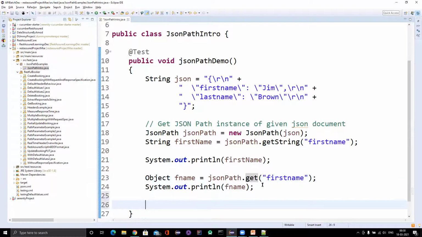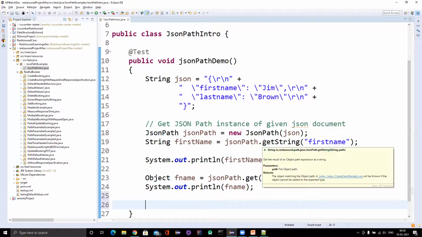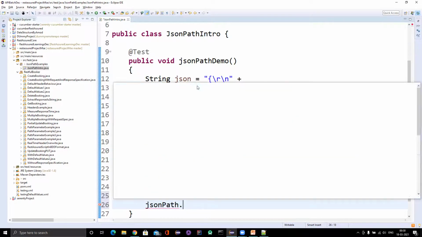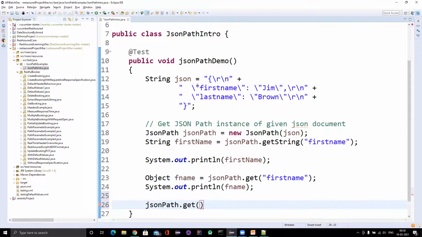Okay, so first let's see when we'll get the class cast exception. Suppose I use JSON path dot get. I'm using the get method, so we know that it will return an object, because we are not sure what type of value it is.